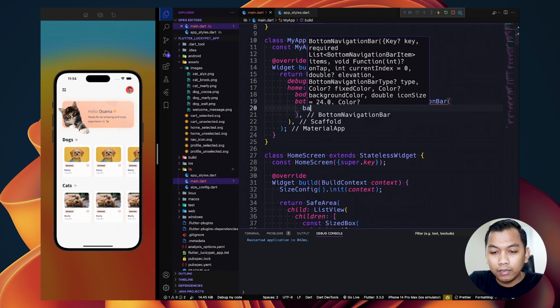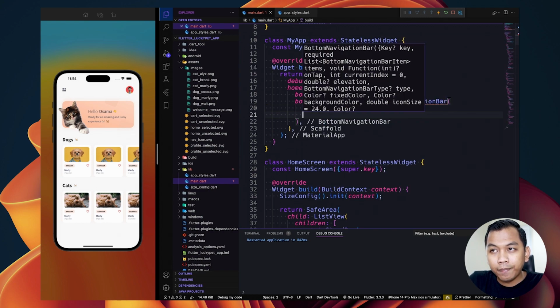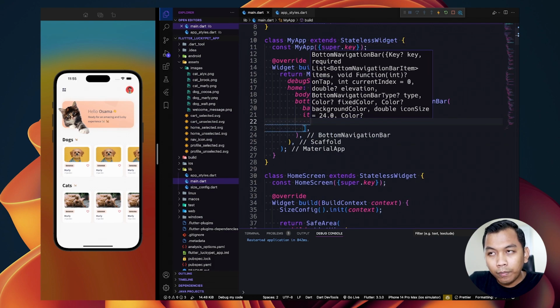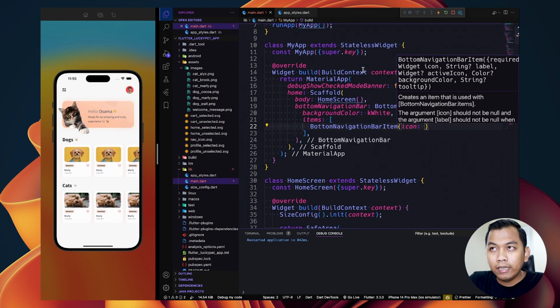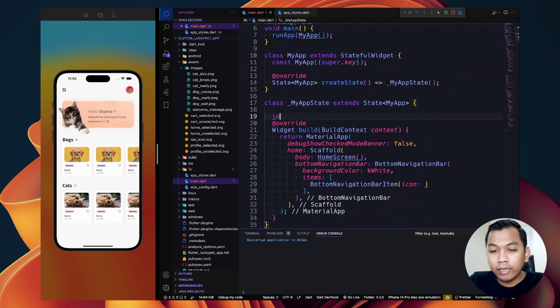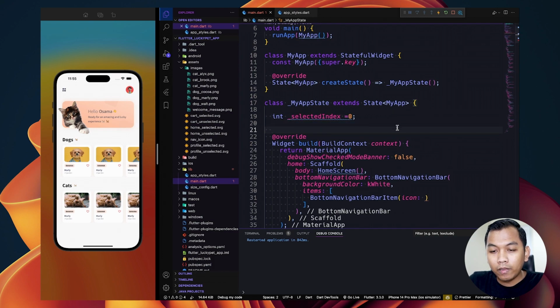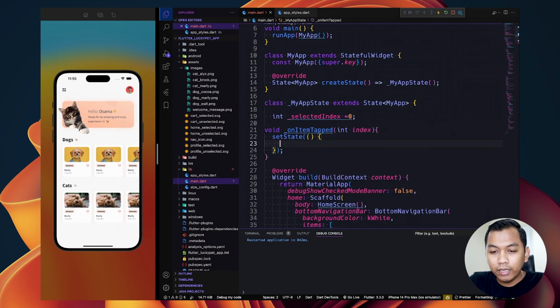And we can say background color will be white color, and then items will be a list of bottom navigation bar items, and we can convert this stateless widget to be stateful, and here we can create a new variable, name it selected index should be 0, and we also need to create onItemTap, which has parameter index, and we need to say selected index equal with index.